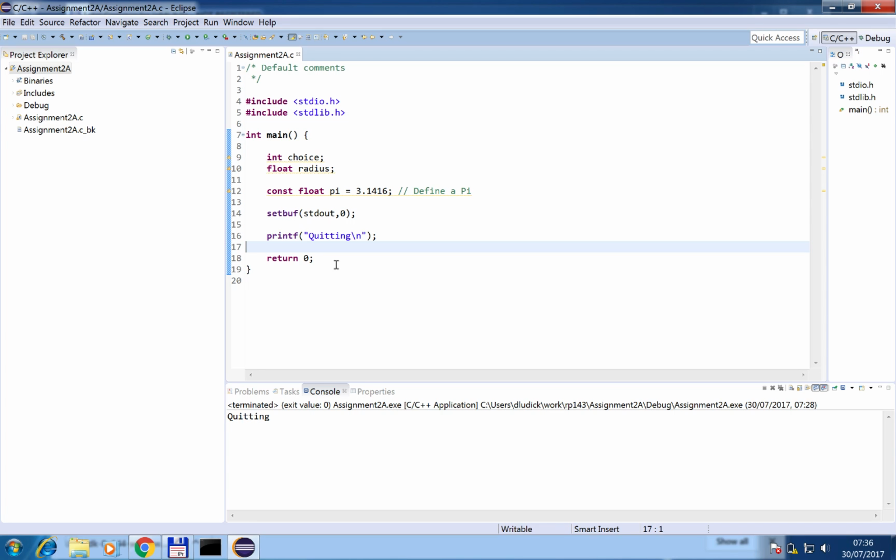Okay, so let's look at the practical. In this getting started video, I'm just going to look at getting started with the first assignment, which is to print out a very simple menu and also to do some calculations based on the user's input. All right, so what I've done here is write out a very basic